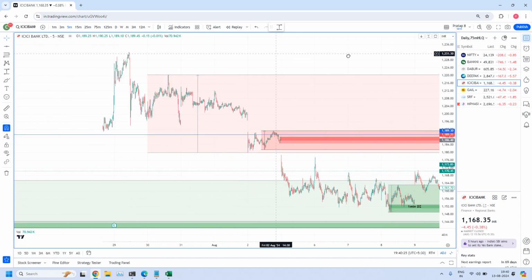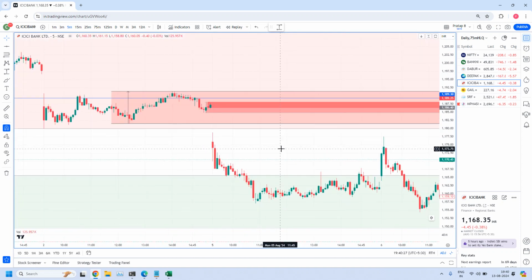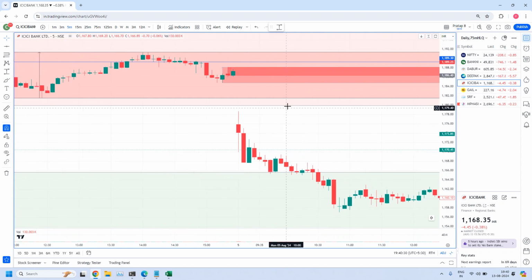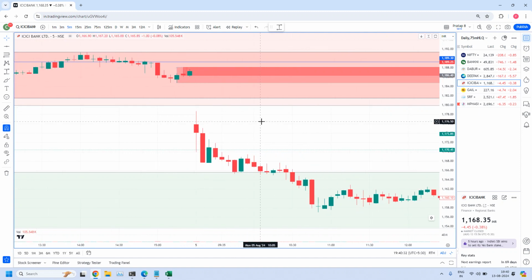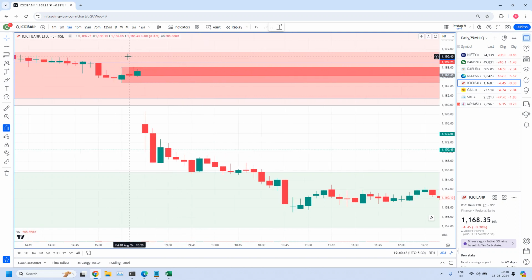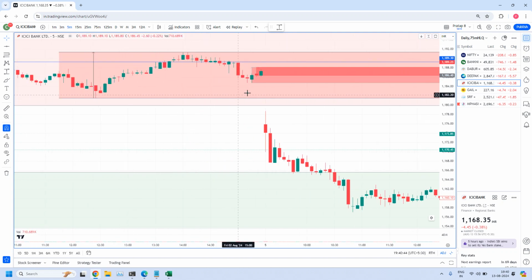In the supply zone, we have a drop candle, we have 1, 2, 3, 4, 5 base candles. I consider this as a leg candle. These two are base candles and then a drop candle. A rally, two base candles and a drop candle. Because here price moves in a narrow range, so I clearly identified.